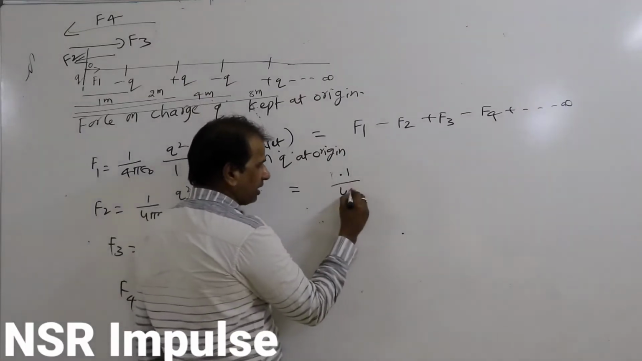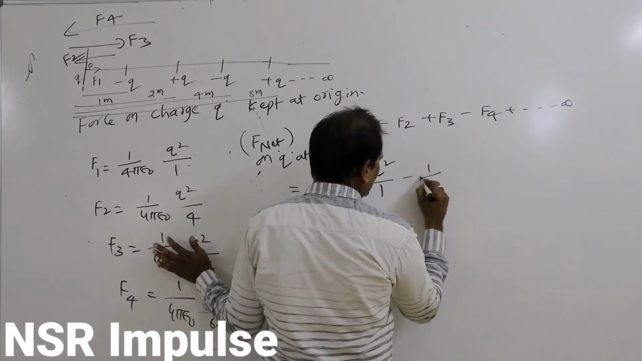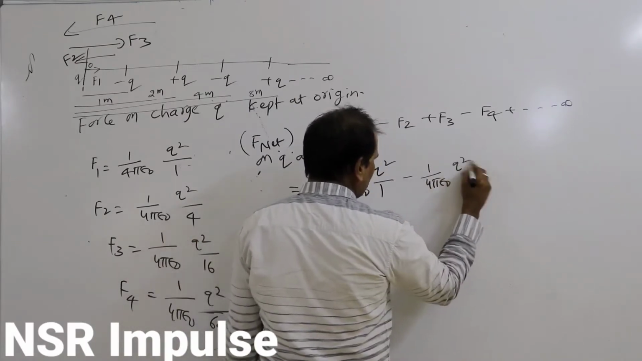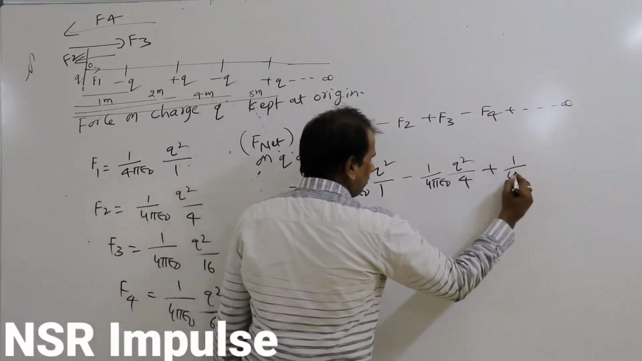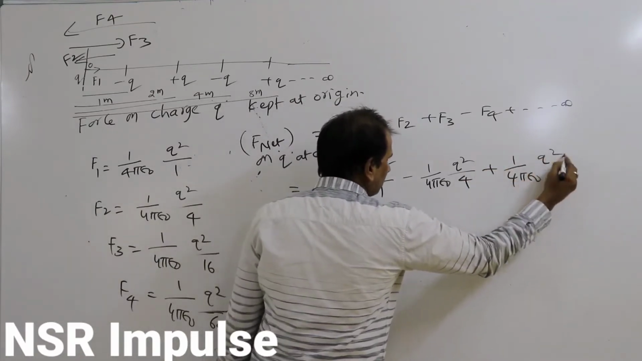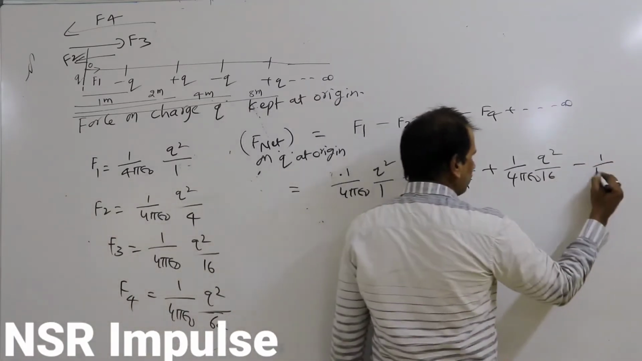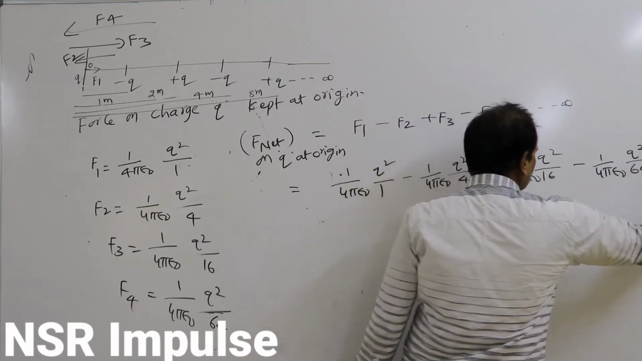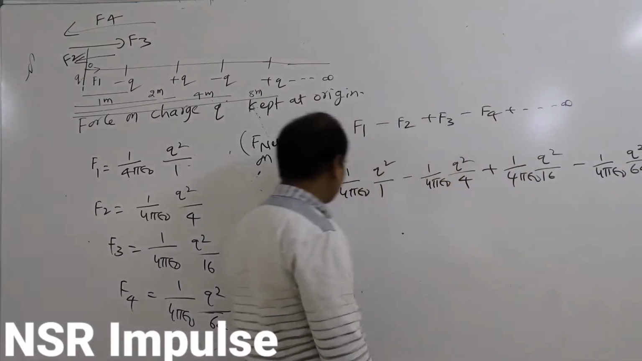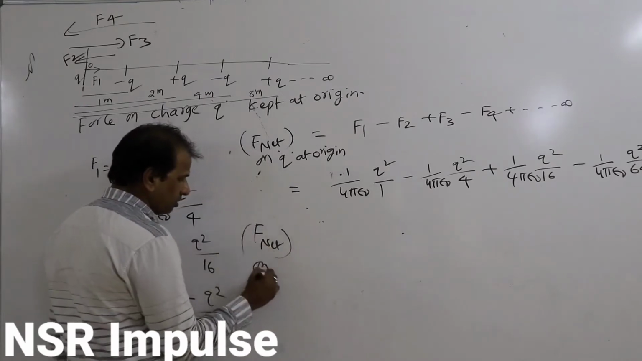Else if you want, you can write 1 by 4 pi epsilon naught q square by 1 minus 1 by 4 pi epsilon naught q square by 4 plus 1 by 4 pi epsilon naught q square by 16 minus 1 by 4 pi epsilon naught q square by 64 plus infinity. So net force on Q